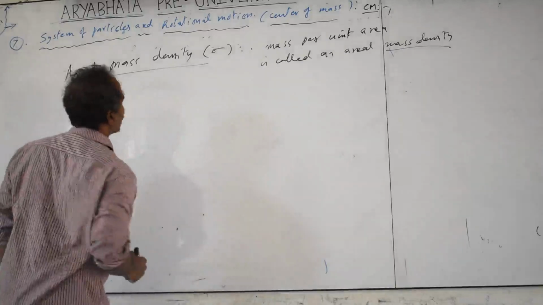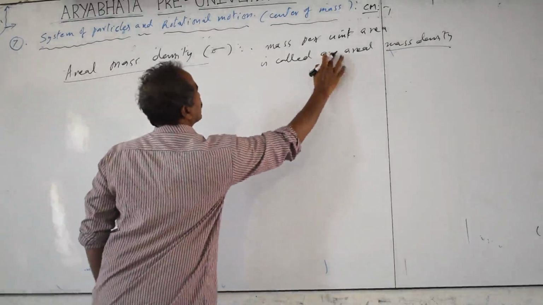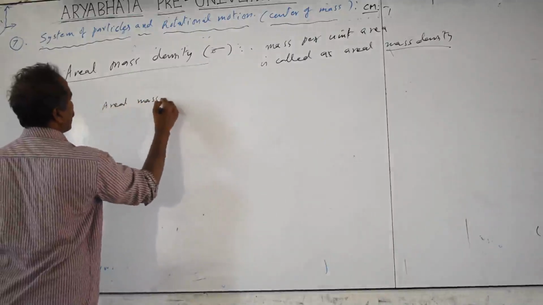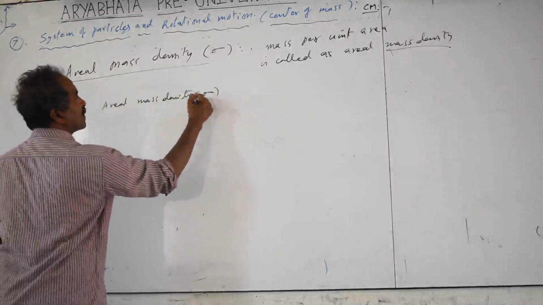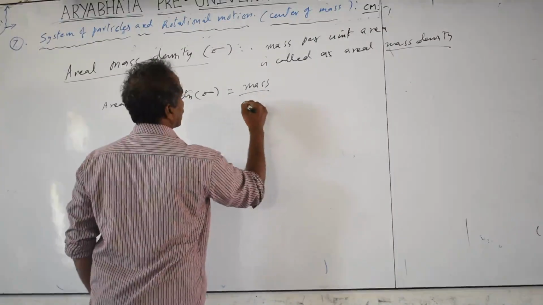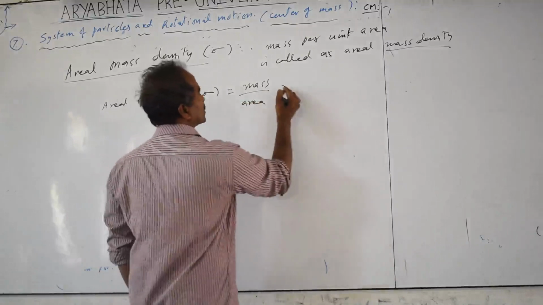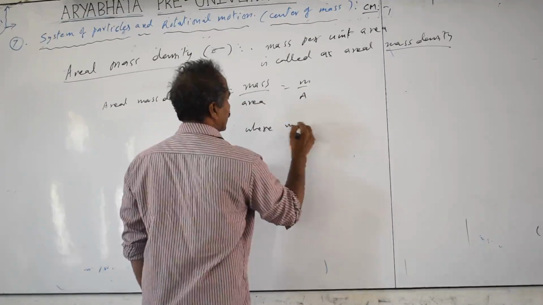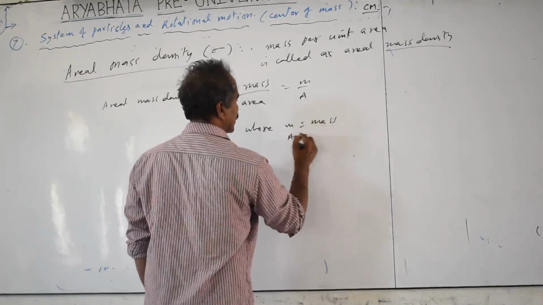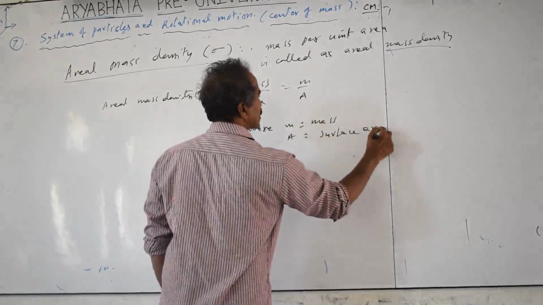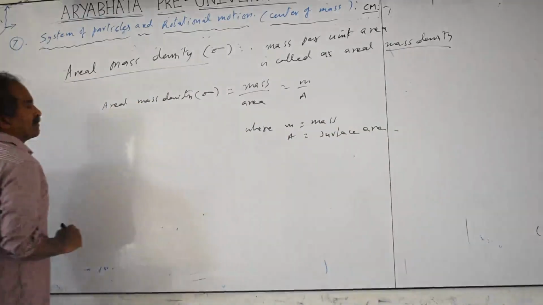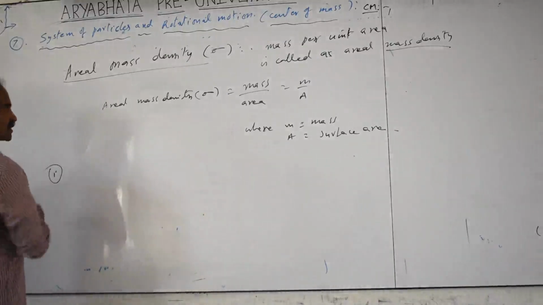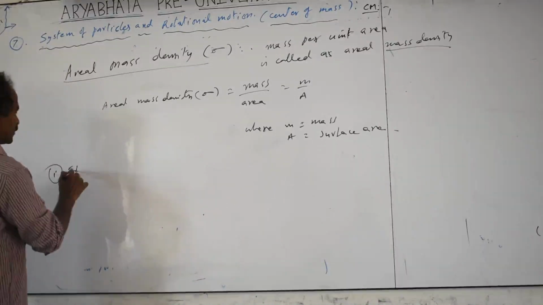Okay, we will take that as the subpoints. So we can take mass by area or surface area. It means to say this is nothing but equal to m by a, where m is mass, a is surface area. For uniform distribution of the mass, we take this sigma equal to constant. It is the ratio of mass and surface area.